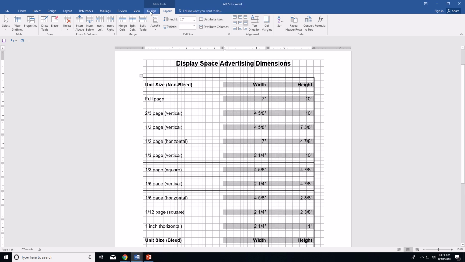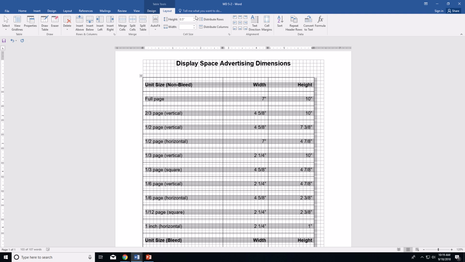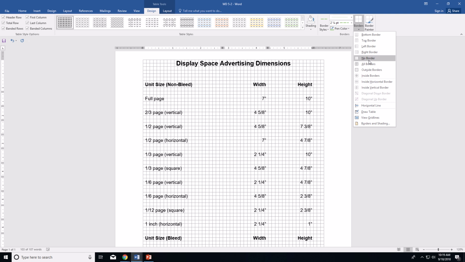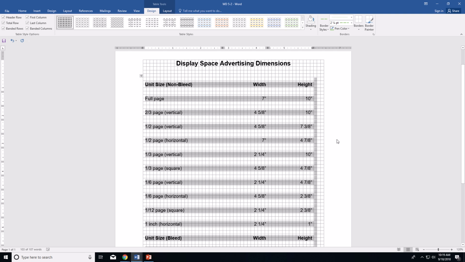So this time I'm going to come to Design, and that's a lot of information, so we'll just take it step by step. Remove all the borders. So I'm going to make sure I select the whole table and come up here to Design, and here's all my borders options. So I'm going to come to Borders and select No Borders, then they're all turned off. I've changed the pen tool already to accent 6,